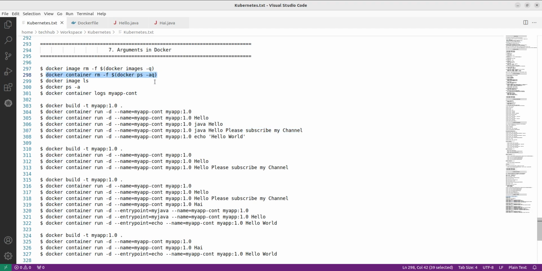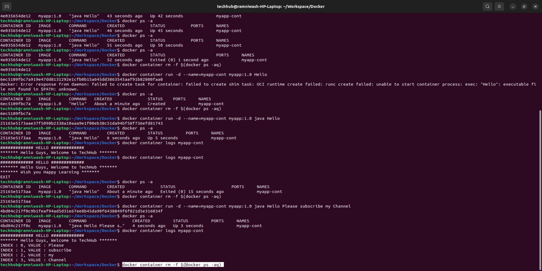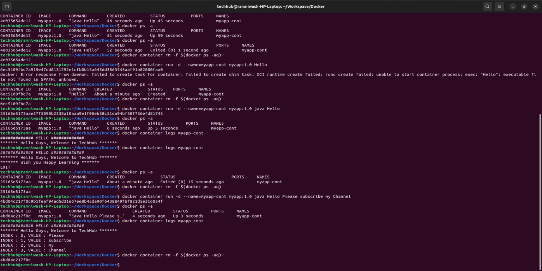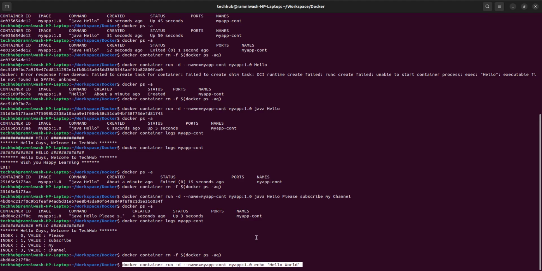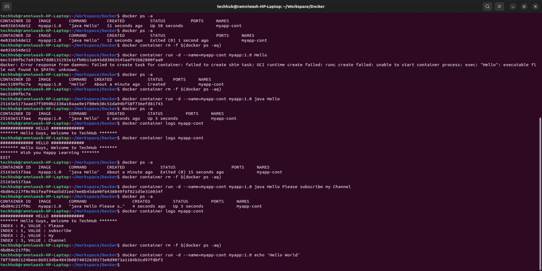Next, delete this container again. Why am I deleting this container? Because of the same name only. I don't want to create a different name, and I don't want to modify all this. That's why. Okay, next, copy this and run. Okay, fine. Now see,